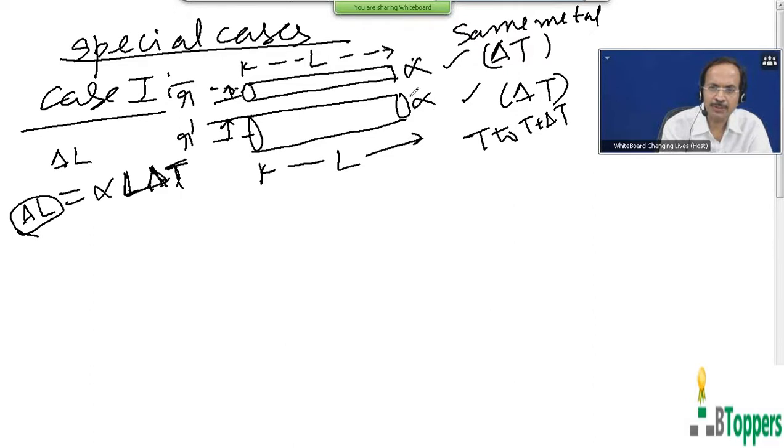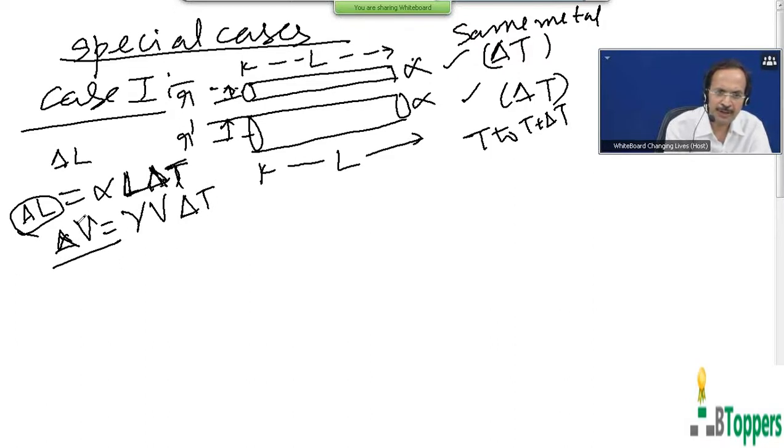But sometimes you may be asked about the ratio of the volume expansions. That means the increase in volume or volume expansion will not be the same because the original volume is different. So I would like to discuss how we can compare the volume expansions of the two rods. Increase in the volume, when a uniform solid is heated uniformly, is gamma into original volume into increase in temperature. So the increase in volume for the first rod is denoted by delta V and the original volume of the first rod by V.